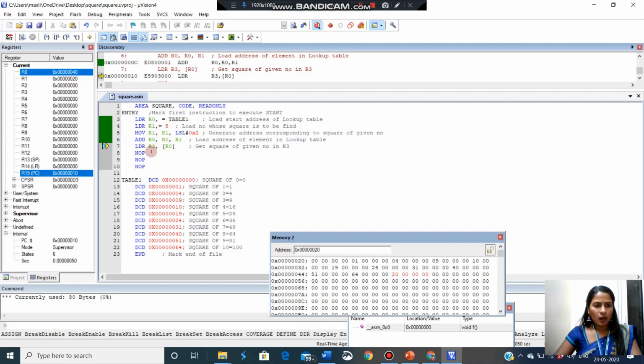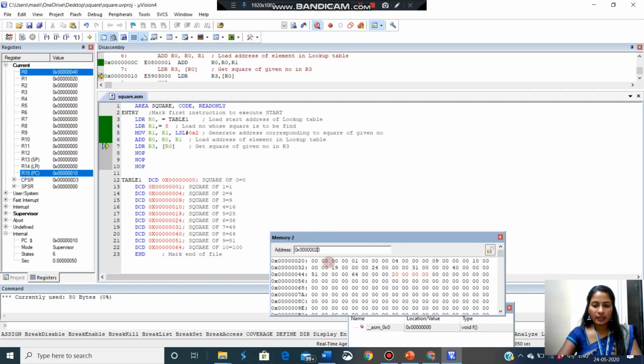Okay. Now you are loading the register R3 from the content of R0. R0 we have found is 00000040. So from that memory location we are moving the data to the R3 register. So what we can do now, you can check the memory content. Now you see, this means the output is available at this memory location.